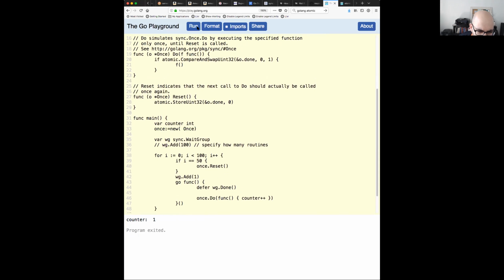But I wonder if in the loop, I'm not sure if this is right, but in the loop, you call once.Do. So without the if, you're only going to ever get to 1, and the counter is only ever going to get to 1. Right. But then if you add the if back in, is that going to ever call reset? Well, the plan here was only one time it would call reset. So on the 50th iteration,